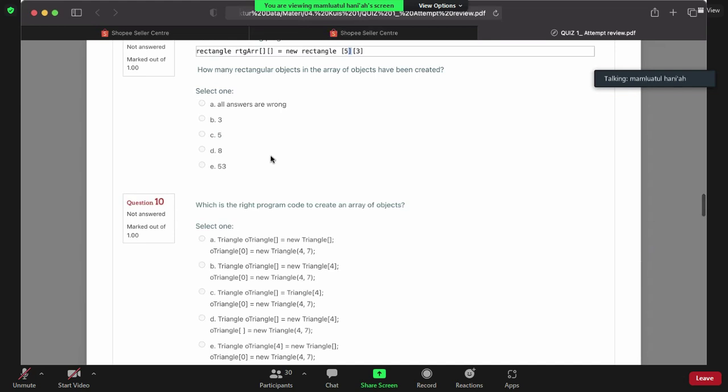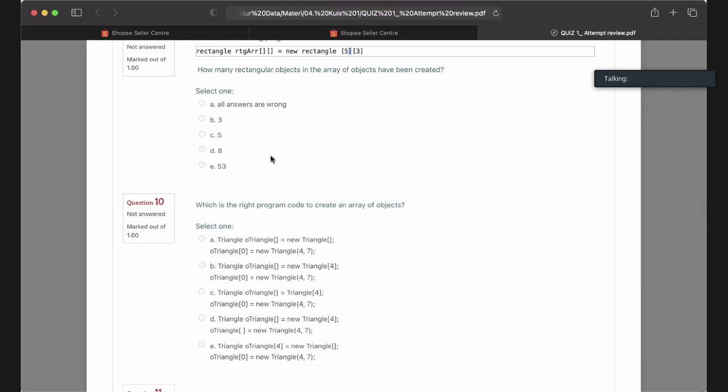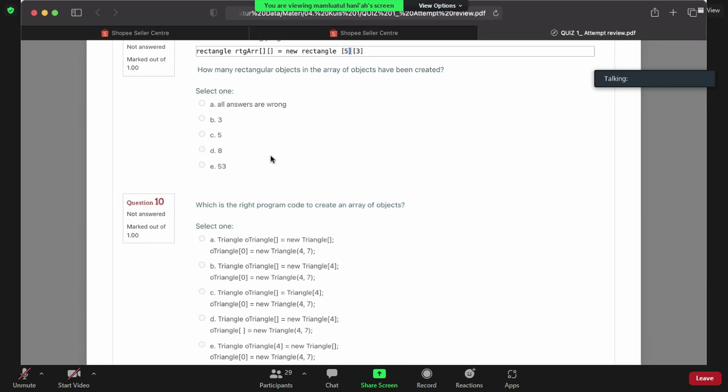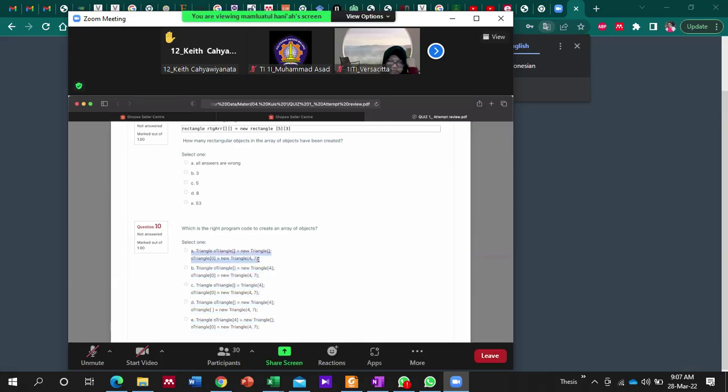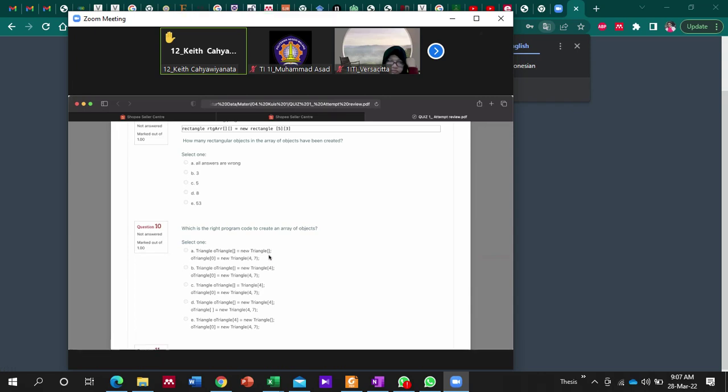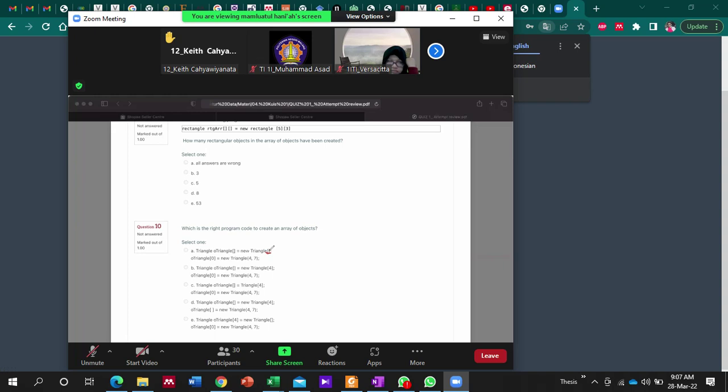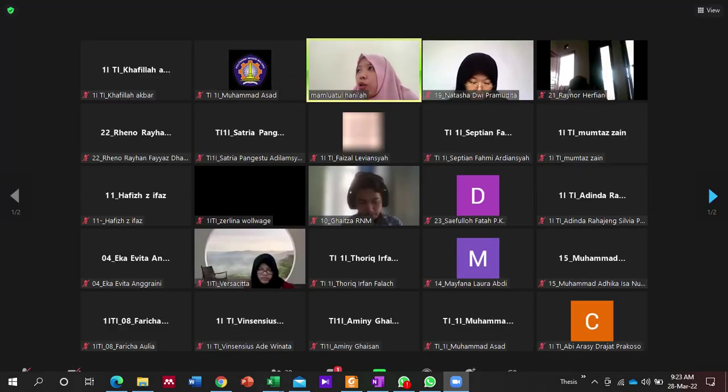No one wants to try? Why is A wrong? A is wrong because in the new triangle there is no value. You need to set how many elements you want.